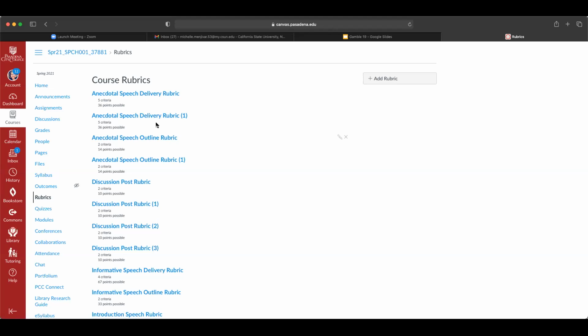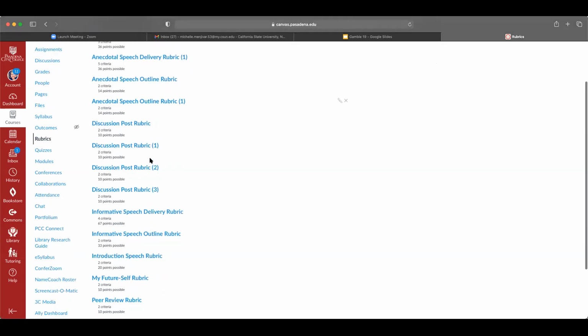So really quickly, let's go over the rubrics to let you know what I will be grading and what I will be looking at as I am grading your speeches this week and next week. I'm going to take you to the rubric section of our speeches. So let me show you what exactly I'm going to be grading you on. Your rubric should be attached to your assignment. It should be visible to you all, but if you are not able to see it, or if you're curious as to how I'll be grading, I'll be going over this right now.